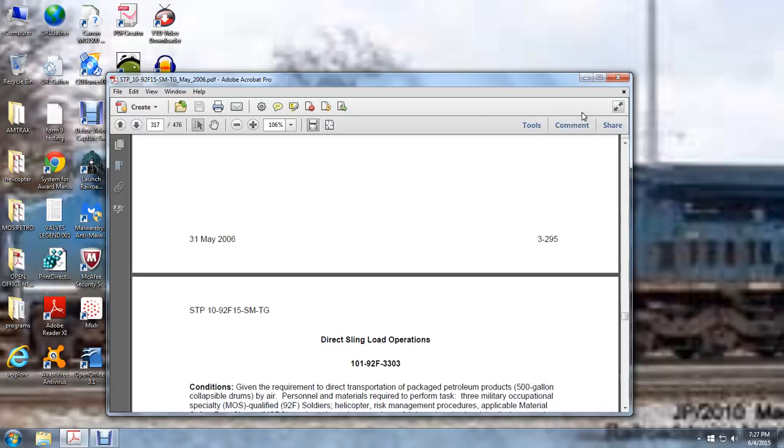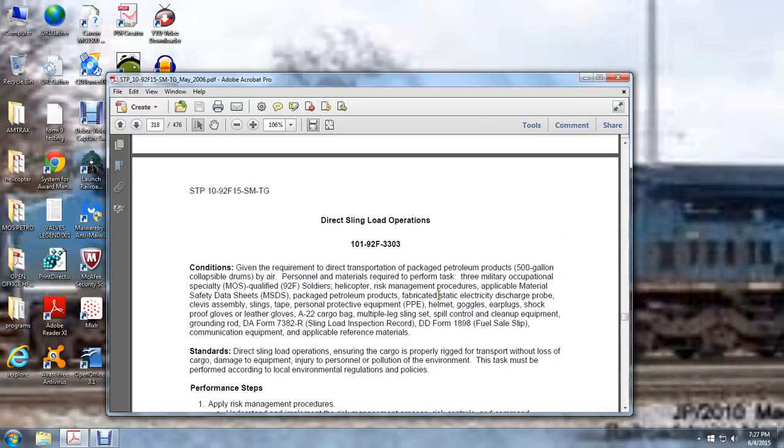Skill Level 3: direct sling load operations. Given the requirement to direct the transportation of packaged petroleum products in 500-gallon collapsible drums by air, personnel and materials required to perform the task: military occupational specialty 92F qualified soldiers, helicopter, risk management procedure, applicable material safety data sheets, packaged petroleum products, fabricated static electricity discharge probe, clevises, assembly, slings, tape, personal protective equipment, helmet, goggles, earplugs, shock-proof gloves and leather gloves, A-22 cargo bag, multi-leg sling set, spill cleanup and control equipment, ground rod, DA Form 7382-R, sling load inspection record, DD Form 1898,